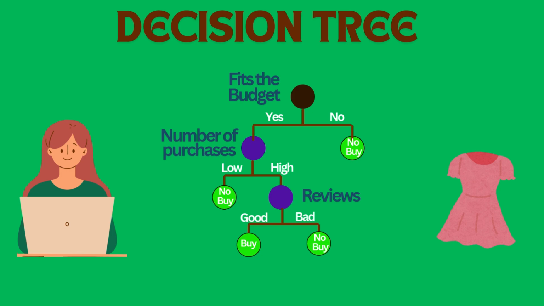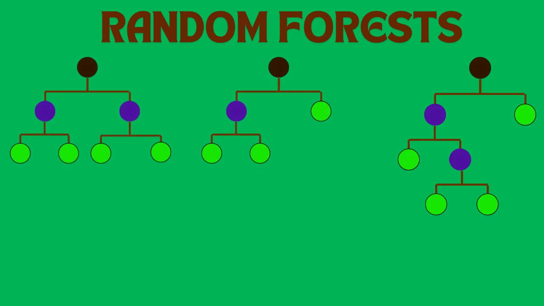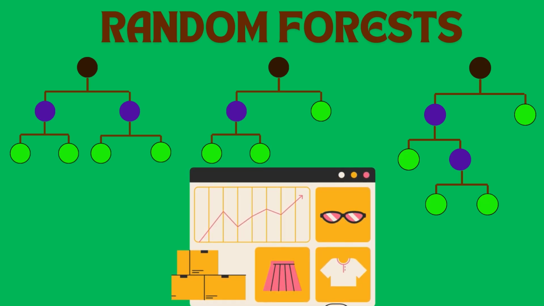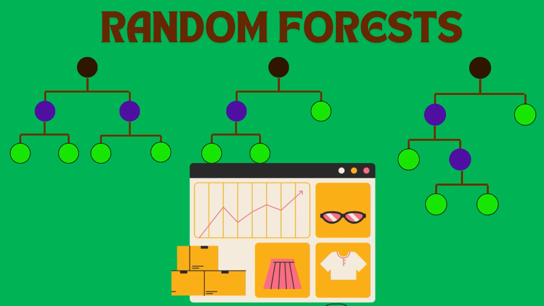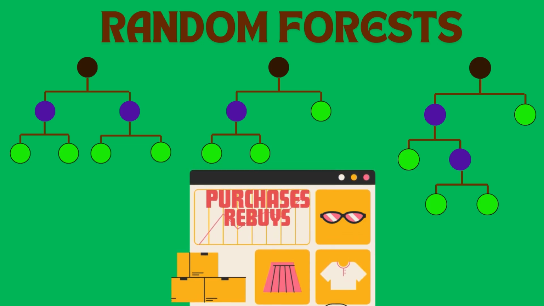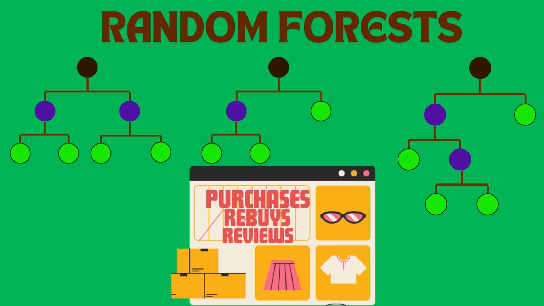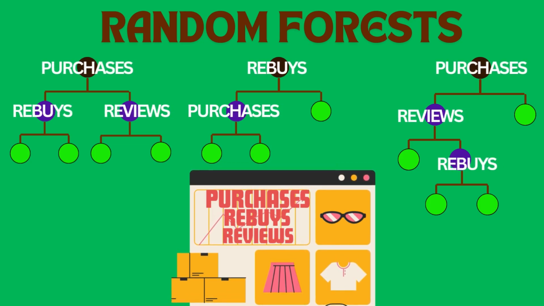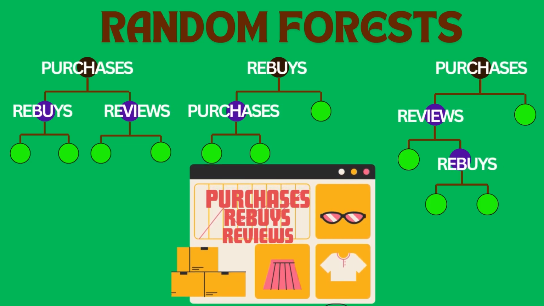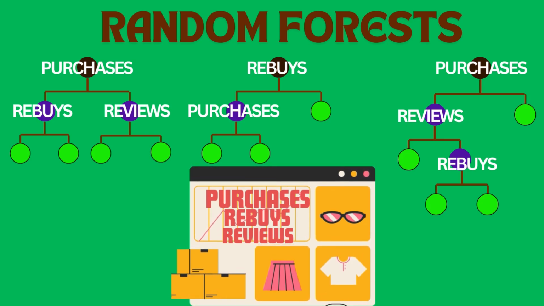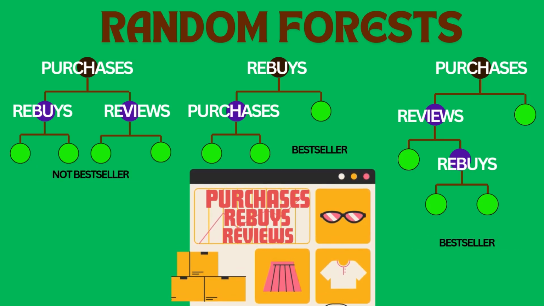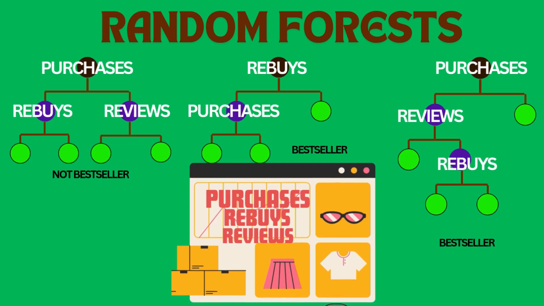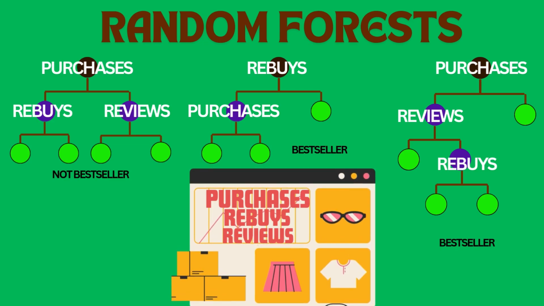But there is also something called random forest. This is more like an extension of decision tree where we have multiple decision trees. Suppose my company wants to know their best selling product. Now I have three criteria to decide, such as amount of purchase of the product or amount of free buys of the product or number of 5-star reviews. Now I can put any of these criteria in the root node, internal node or leaf node. Based on that, I can have multiple decision trees, and every decision tree will tell me if the particular product is a bestseller or not. If the majority of the trees are calling the product a bestseller, then I will consider it as a bestseller, otherwise I won't.